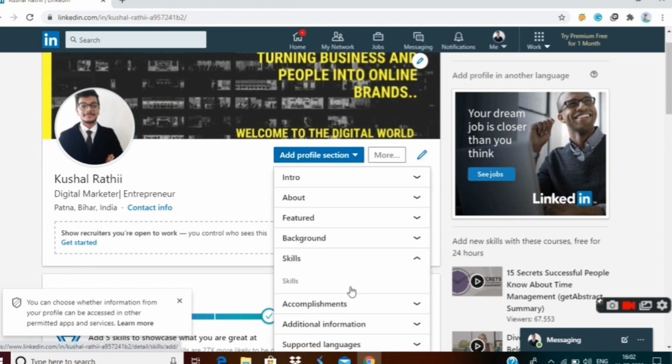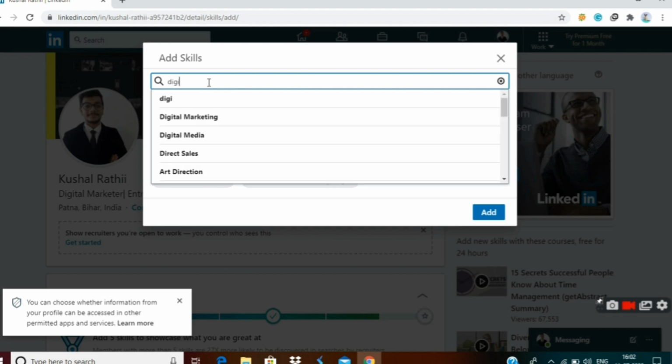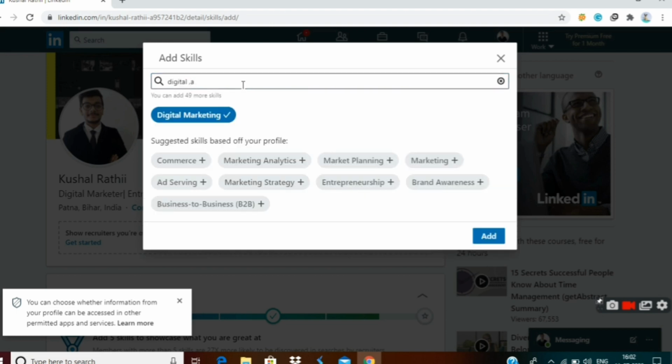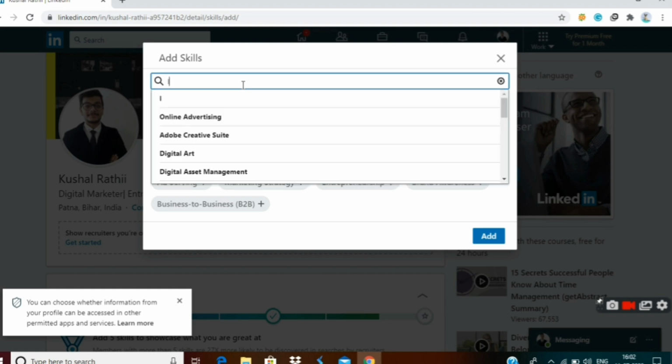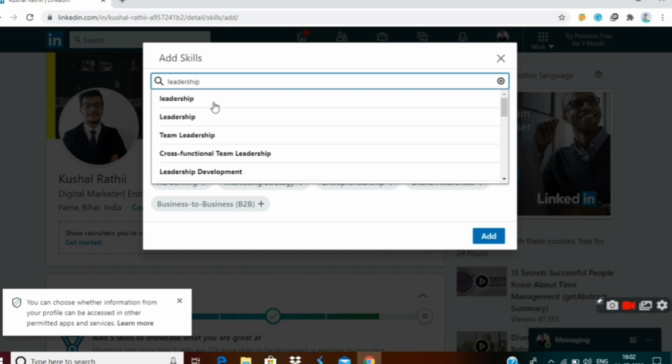Add your skills. What are your skills? Add basically 5 skills. Also add keywords to your skills, like digital marketing. Digital marketing as your skill. What next? Leadership. Team management.